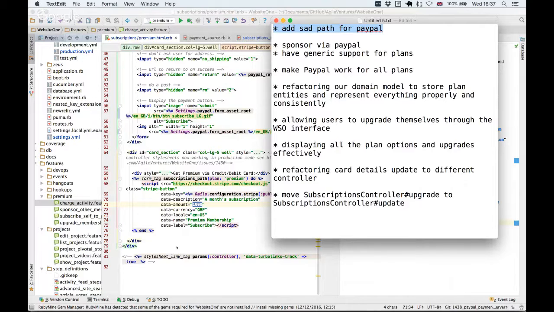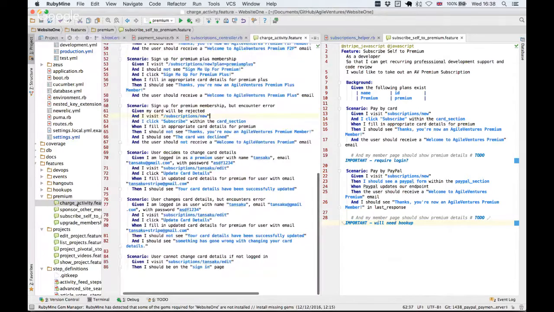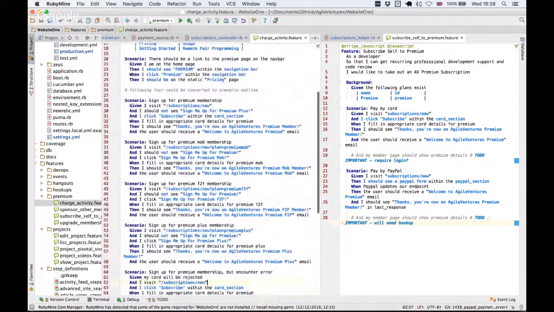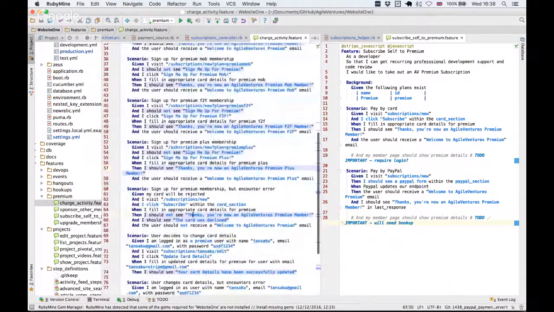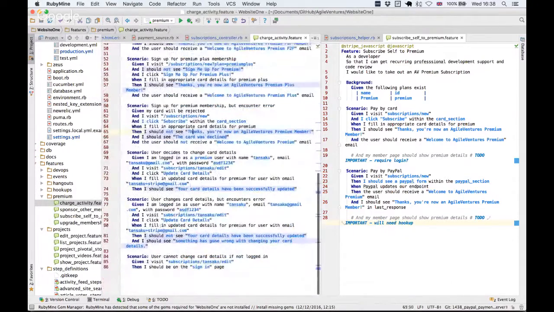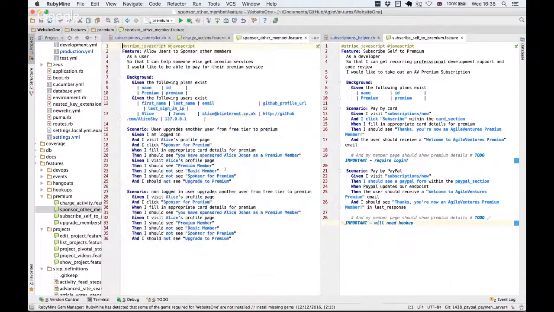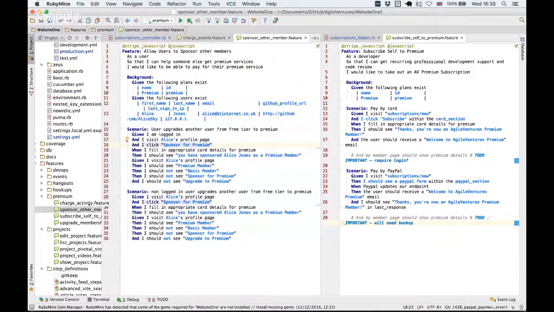before pushing on for the sponsor thing. I'm trying to work out where the sponsor thing actually is, because we've got charge activity, we've got sign up, we've got the 4 different plans, then we've got the SAD path, then we've got the card change details. Okay, fair enough. So all right, we're the sponsor other member, right? I was thinking that was empty, but no, we do have that, and this one, and this. So what we want is then to do